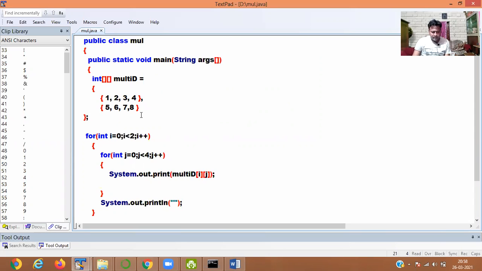Then next, it is two rows we have given: 1 2 3 4 and 5 6 7 8.